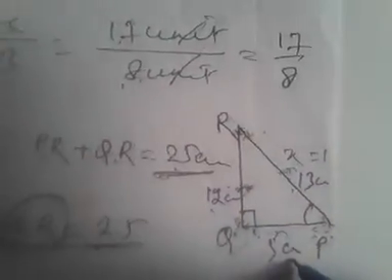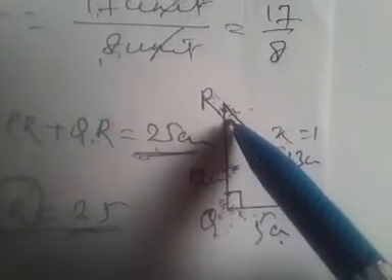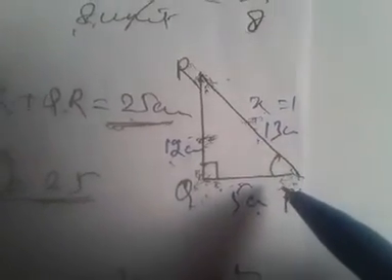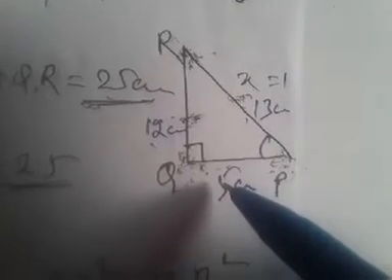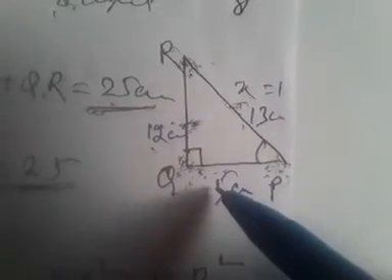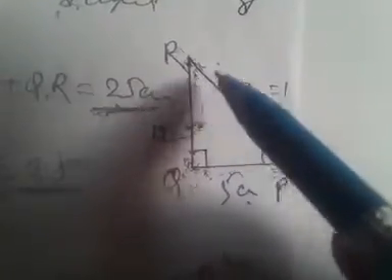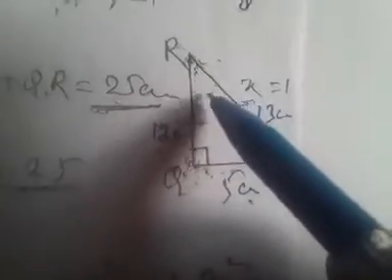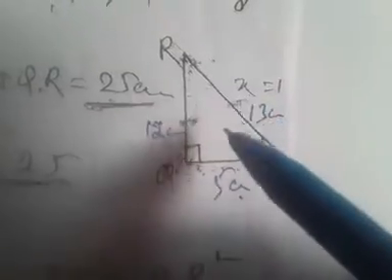Now, if we take any angle, either angle P or angle R for our considerations, okay, then we can find out each ratio. We are having 6 ratios: tan P, sin P, cos P, sec P, cot P and cosec P. Similarly, sin R, cos R, tan R, cot R, cosec R and sec R. All these 6 ratios either for angle P or angle R can be obtained. So whatever the thing you have to obtain, you can do so.